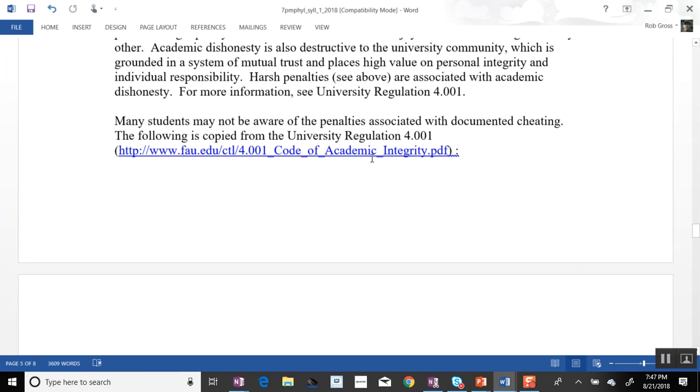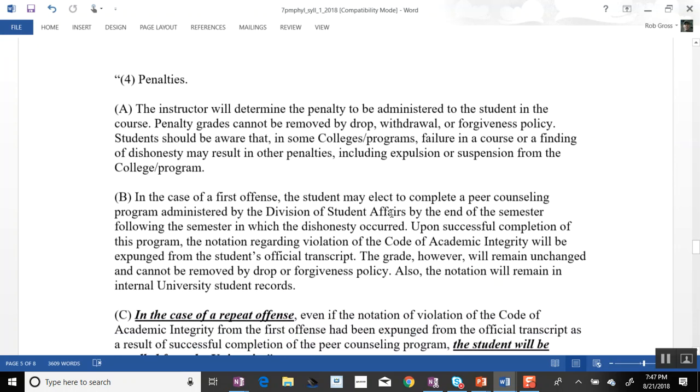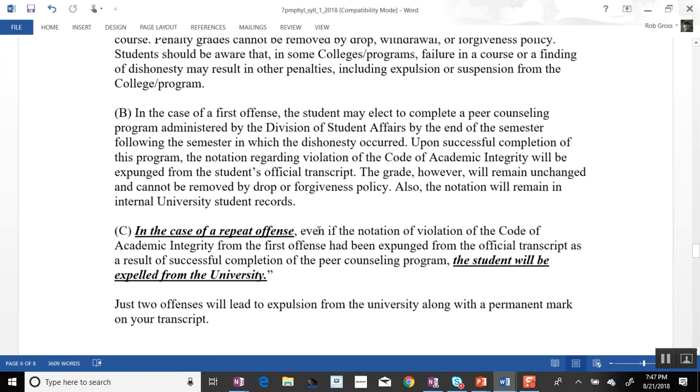You can read it here. There's a link here when I posted on Canvas. Actually, it's here. It's written here. So it says right here, in the case of repeat offense, even if the first violation has been expunged, the student will be expelled from the university, right? Just 2 cases, right? Okay. So